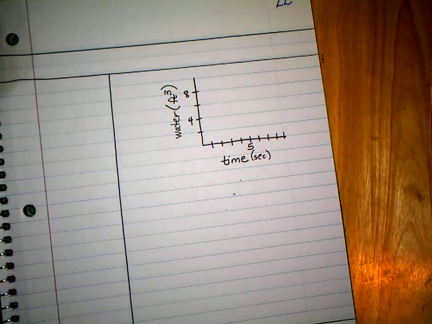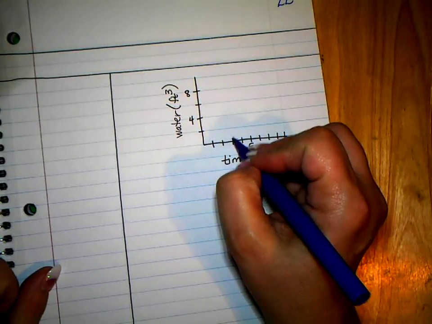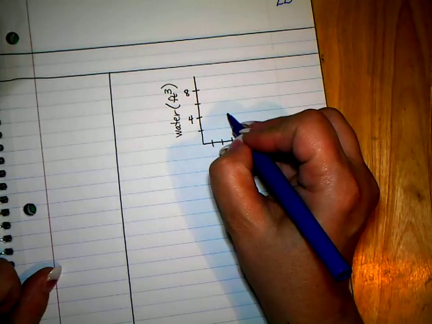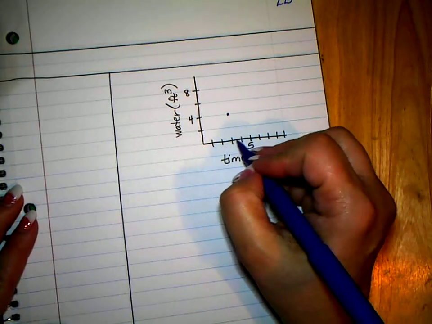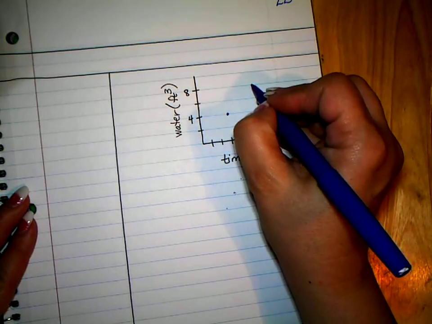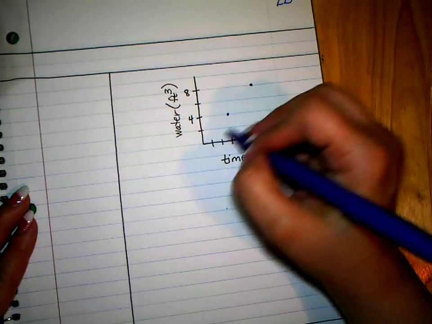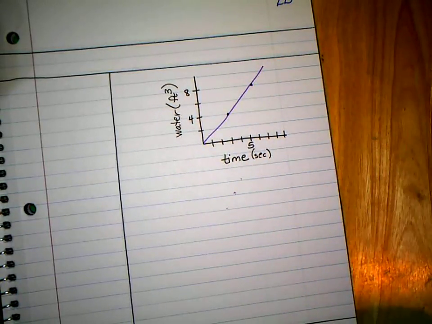And what we were originally told was that in 3 seconds, 4 cubic feet passed over the dam. So if I do another 3 seconds, I need another 4 feet over the dam. So there's my graph